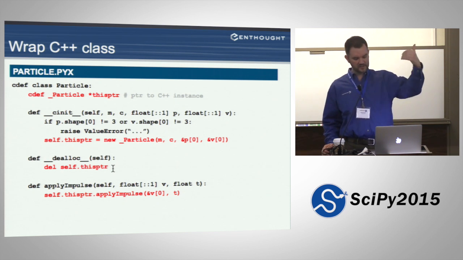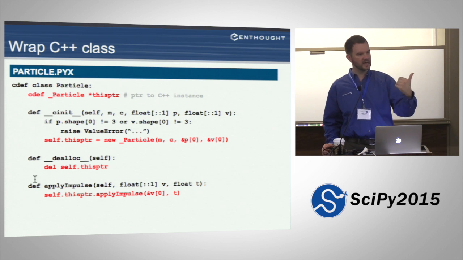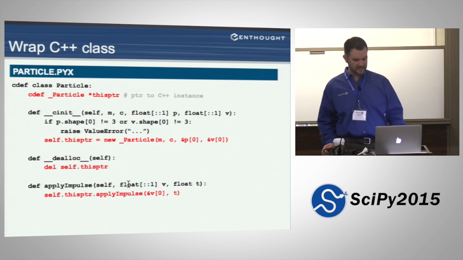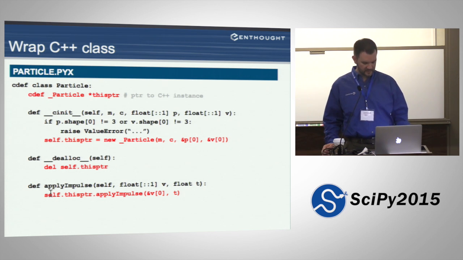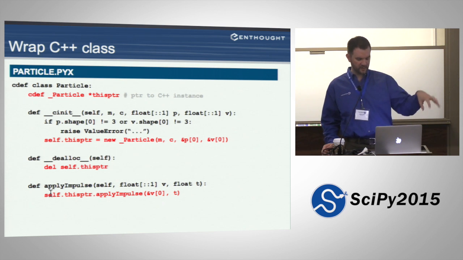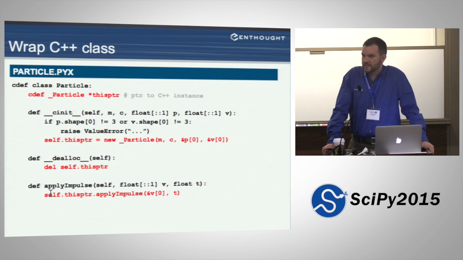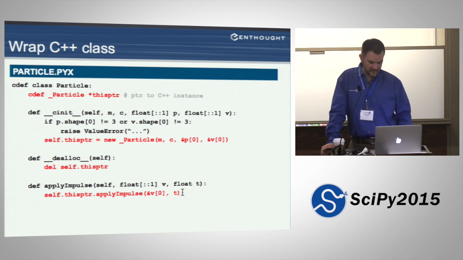So we have a new at cinit and we have a delete at dealloc time. And then we can just declare the methods that we want to expose. So for instance, apply impulse, some arguments, and then we just pass this call through to the underlying C++ object. So we say self.thisPointer.apply_impulse, we pass in our data, and